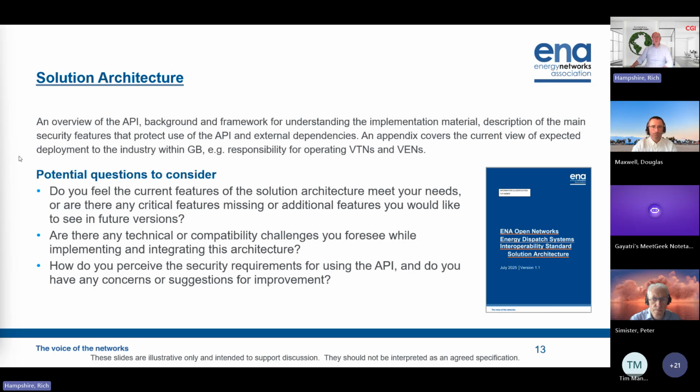And in reviewing the documents, where, if at all, do you see any technical or compatibility challenges in using them for implementation? Because the overarching objective of this project is to address some of the barriers to flexibility, liquidity in the flexibility markets, and flexible assets providing flexibility to the system.